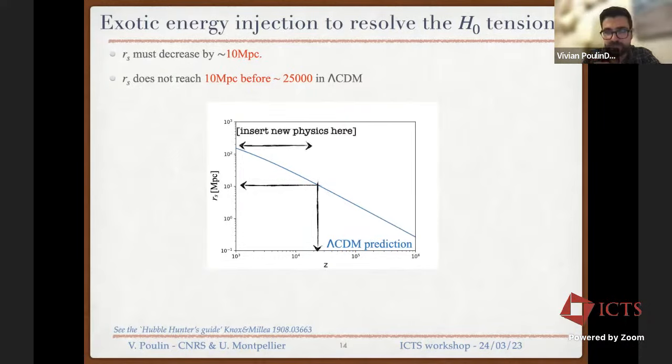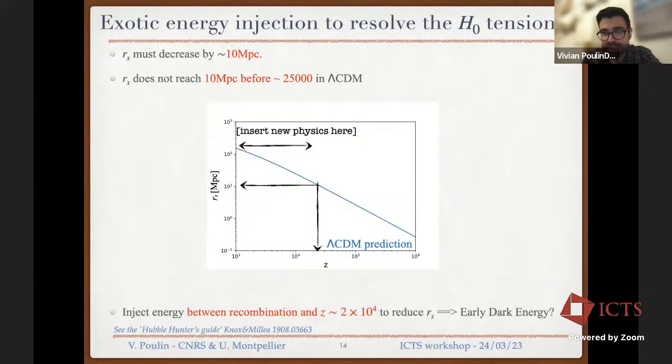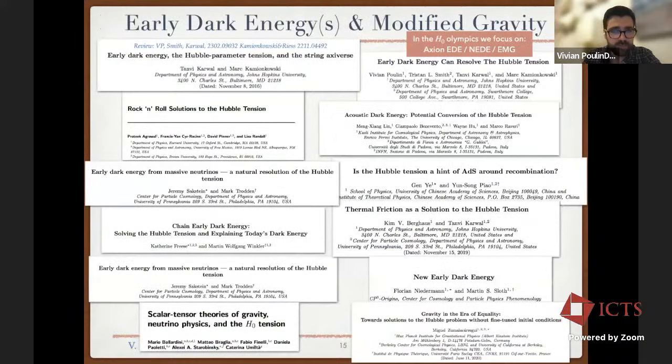So essentially, what you want to do is find a mechanism that would insert, to say it crudely, new physics right in the redshift window between 1,000 and 20,000. And this is where the idea for something like early dark energy came about. So there are nowadays tons and tons of models invoking the presence of dark energy at early times, this early dark energy. And if you're curious, we recently wrote a review, and also Mark Kamionkowski and Adam Riess wrote a review on the matter.